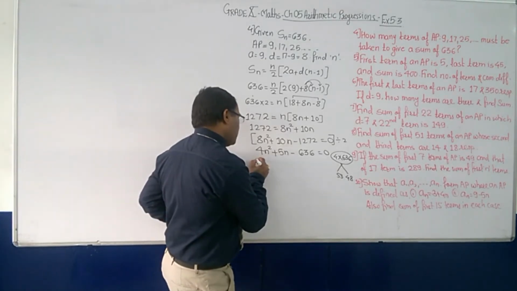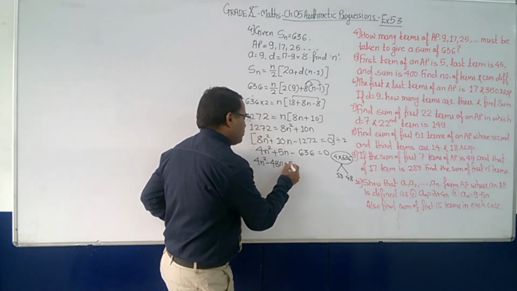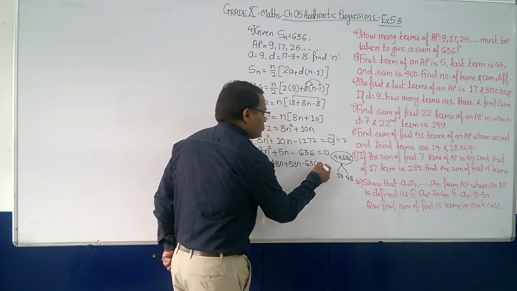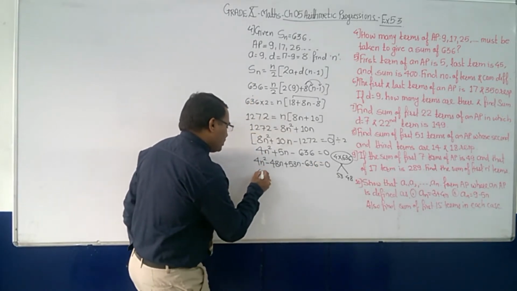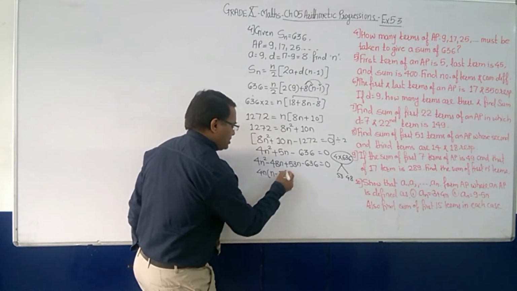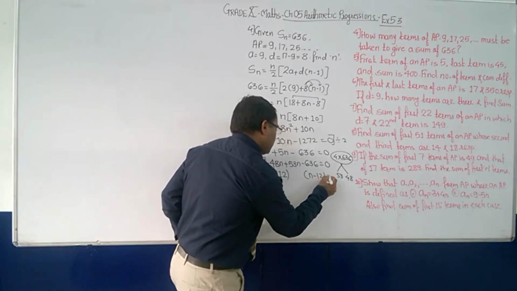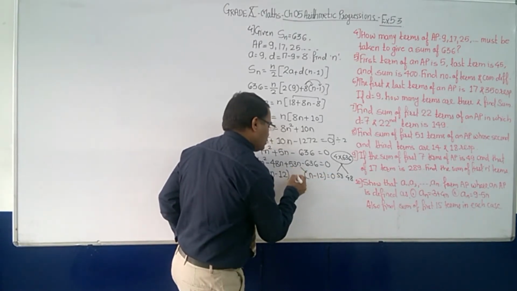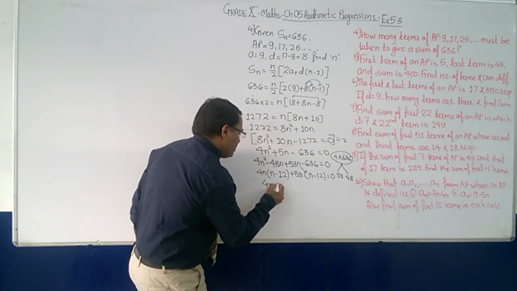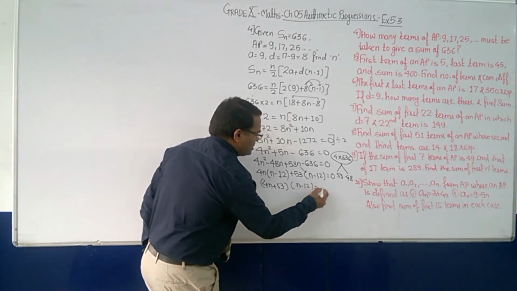So in this case, we will write 4n square minus 48n plus 53n minus 636 is equal to 0. In this case, we will take 4n common, so n is remaining inside. Then 12 fours are 48, that is n minus 12. And again, as I told you, this bracket will repeat, and what remains is 53. So here it will be 4n plus 53 and then n minus 12 is equal to 0.